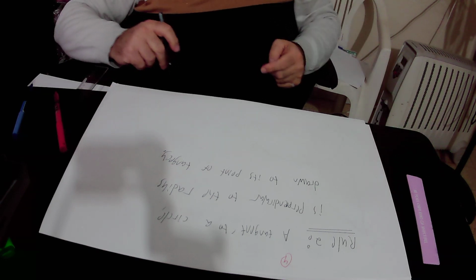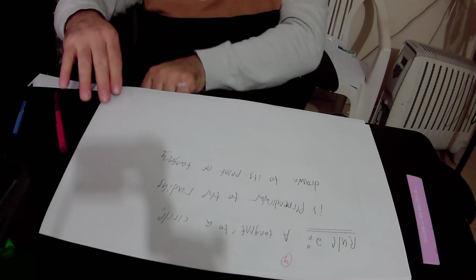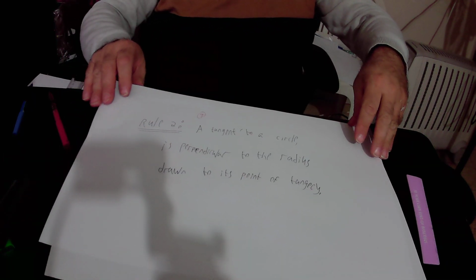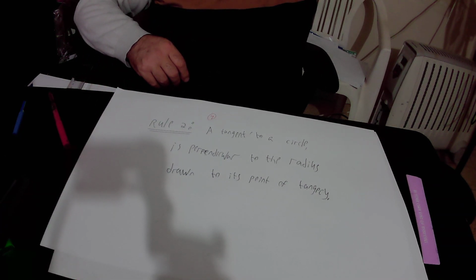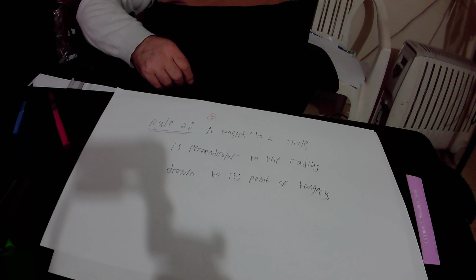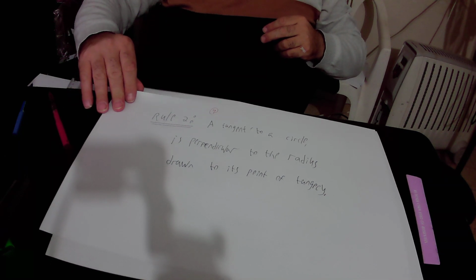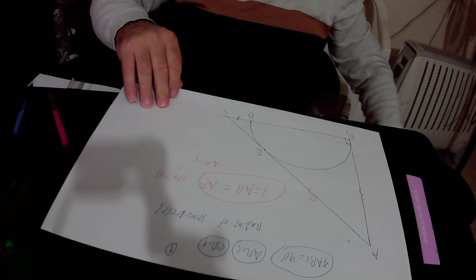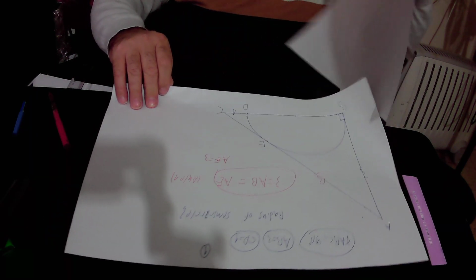So I will read rule number 2 again. Rule number 2 states that a tangent to a circle is perpendicular to the radius drawn to its point of tangency. So what is the meaning of rule number 2? The meaning of rule number 2 is that if you actually have a circle